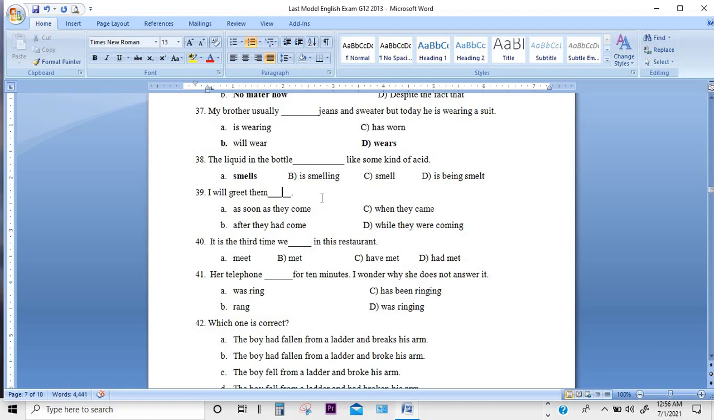since, until, for. So many conjunctions in time clause. Now we have almost 4 of them here in the answer choices: as soon as,